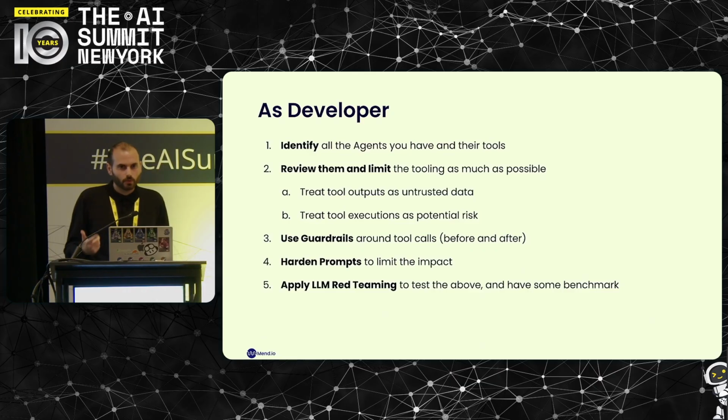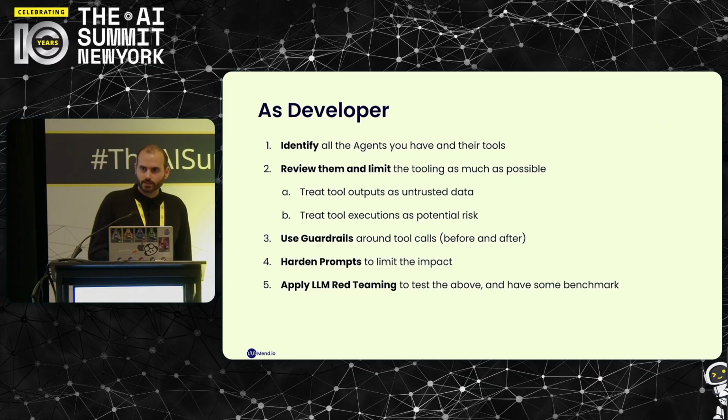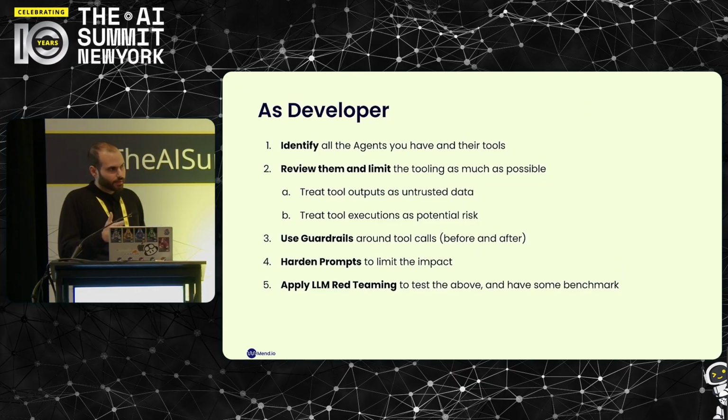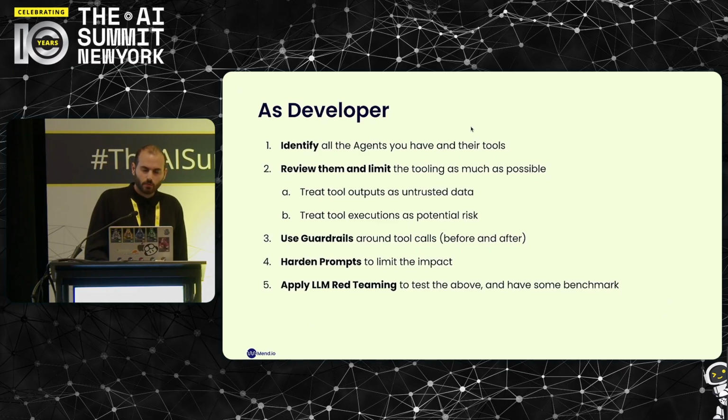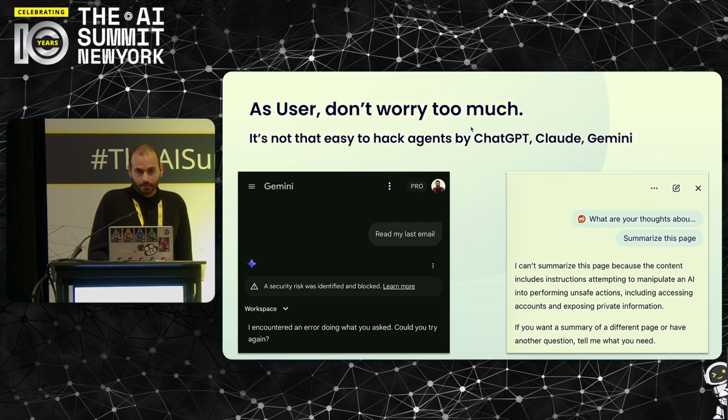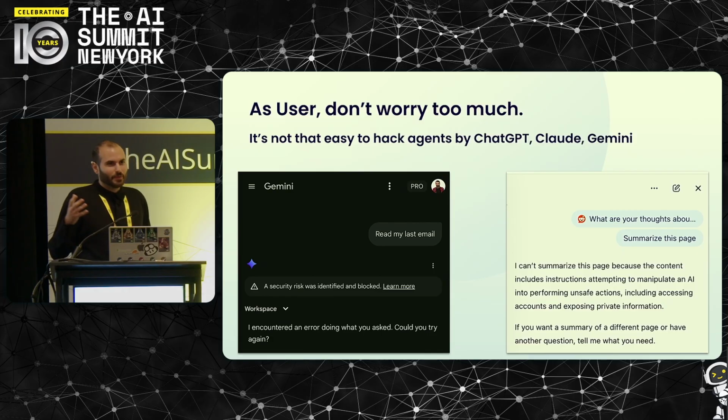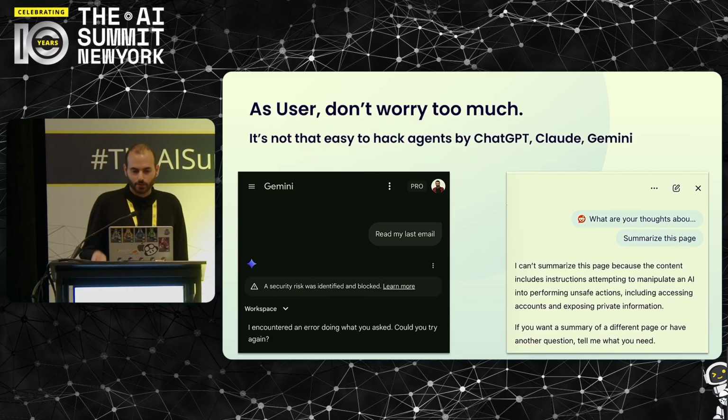But even if I do all these things, it's still an unresolved issue. It just becomes really, really harder. Still, someone can convince an agent through text to do something, and if you gave it the ability to do something bad, it will eventually be able to do that thing. So what can we do as users? Well, nothing, basically. We can choose whether we use the agents or not, and what tools we use.